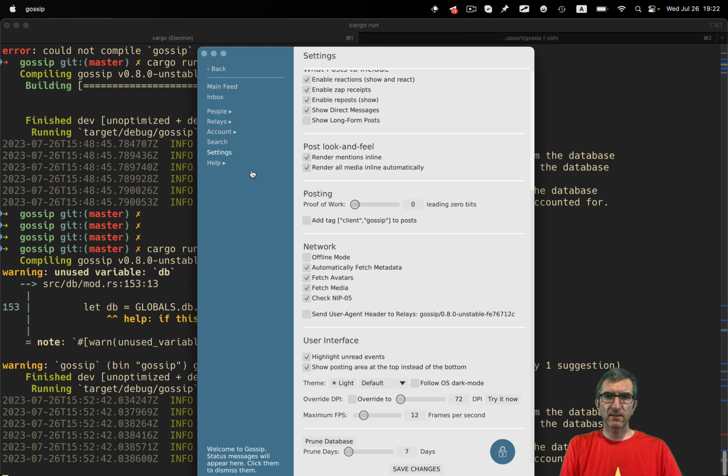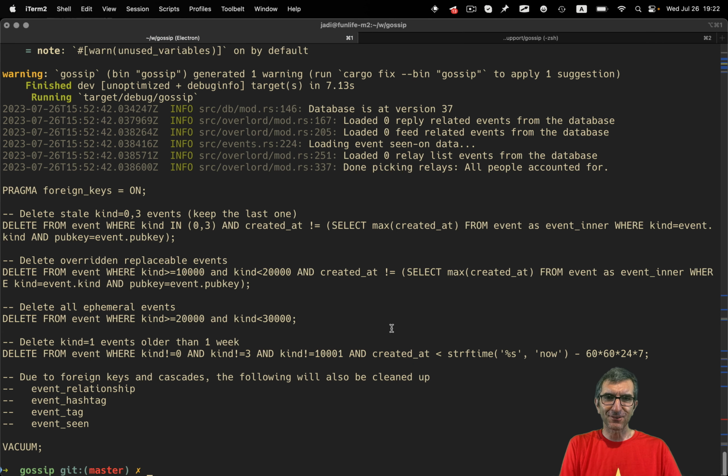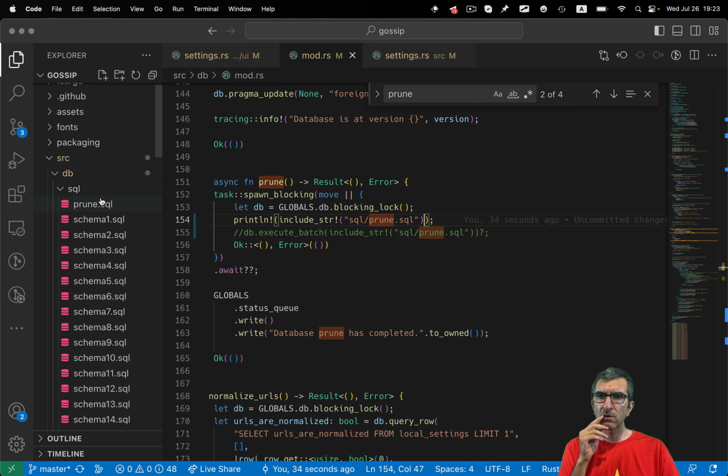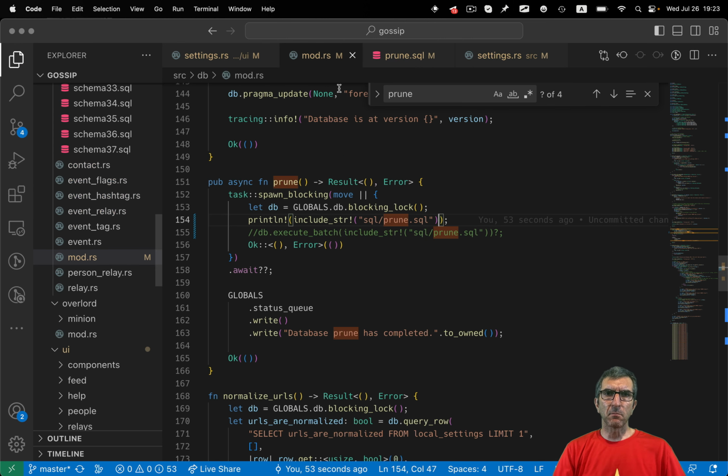Now it's running, and I will go with settings. We'll do the prune, and it is calling this. This is cool. So I need to change this to whatever time I have here. So I have to read this and replace that into this. Instead of this, I will create a specific string. I will say seconds to prune. So here on my mode, I have to read this first.